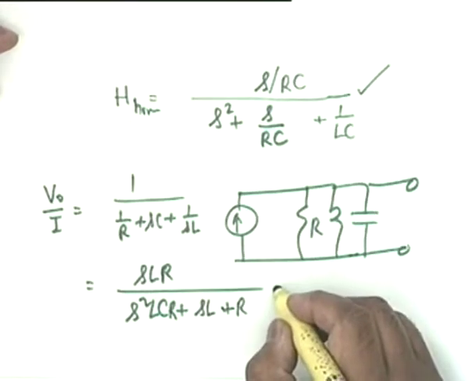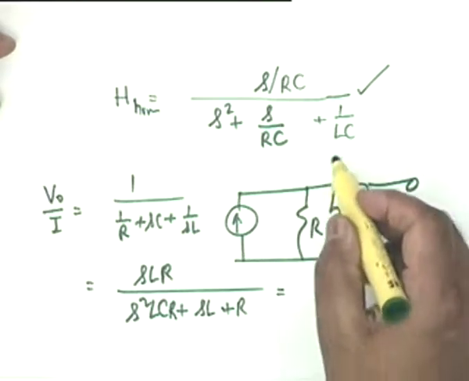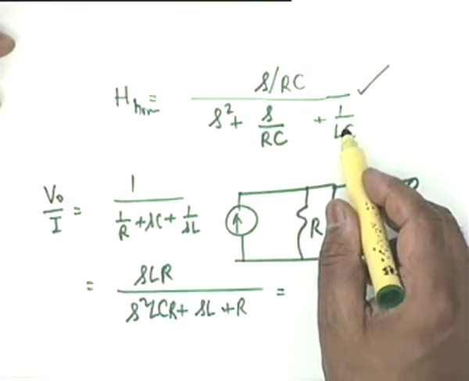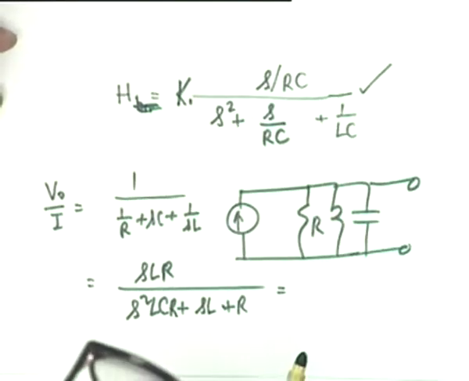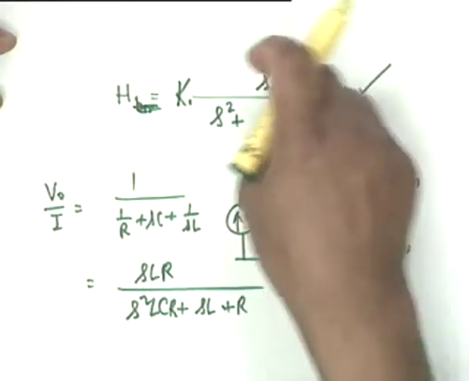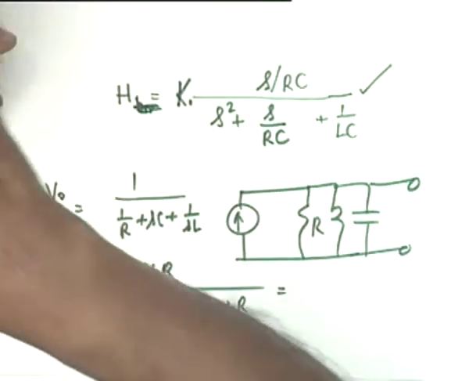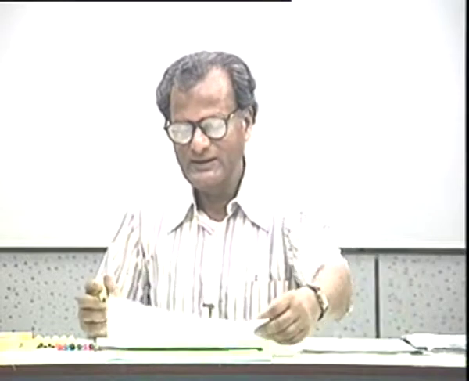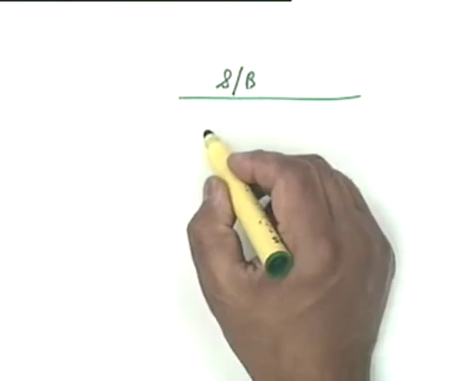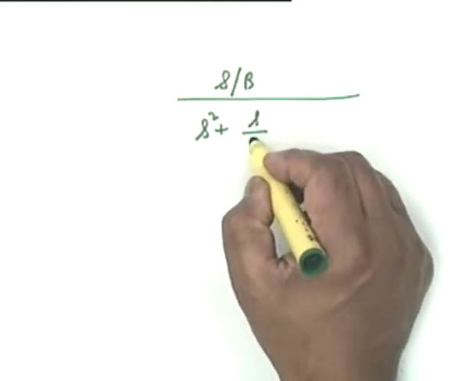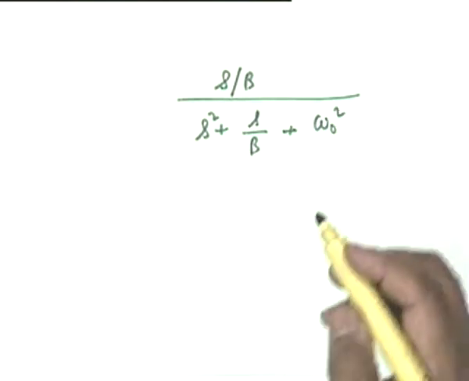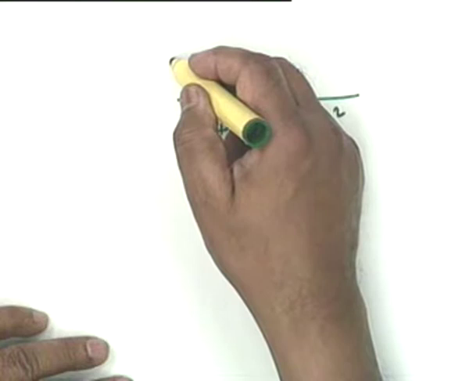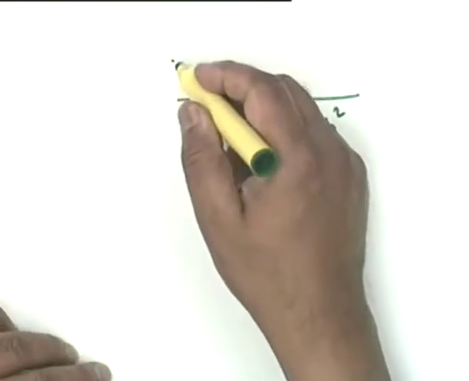What I am doing is I want to normalize this. I can write the denominator like this, then a constant multiplied by s by r. I can do that. What I want to do is to write it in normalized form so that I don't have to deal with individual tuned circuits. I can deal in general. In general, my normalized response would be s by b divided by s squared plus s by b plus omega naught squared. Okay? And what I am trying to do is to cascade n such stages.